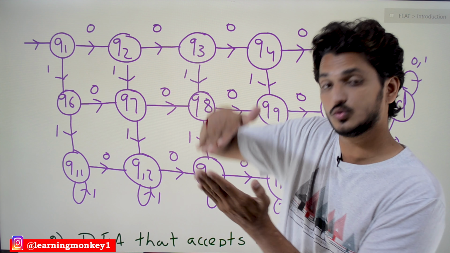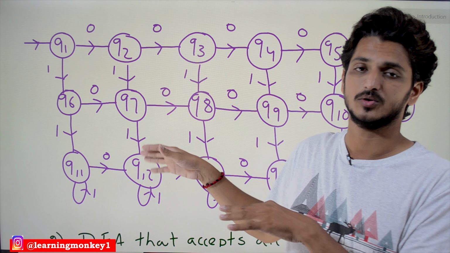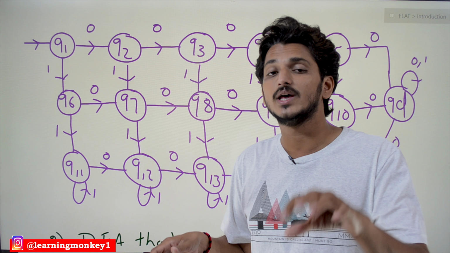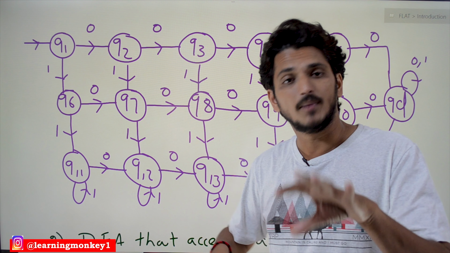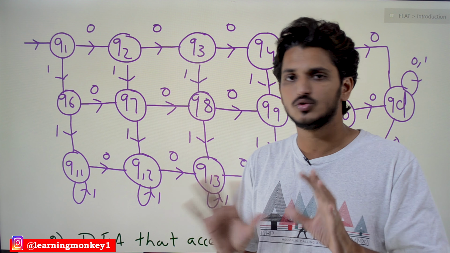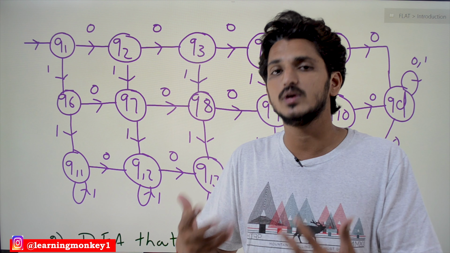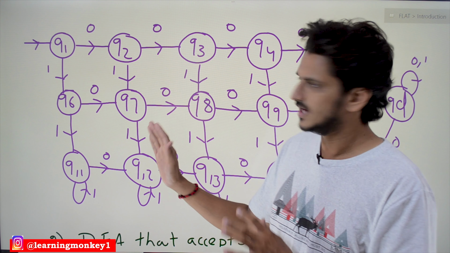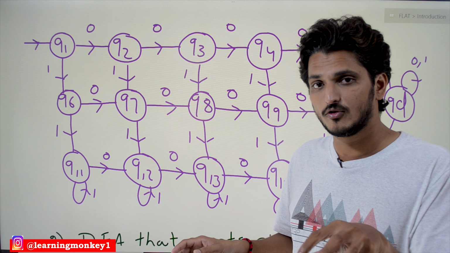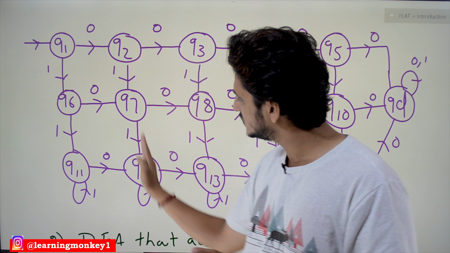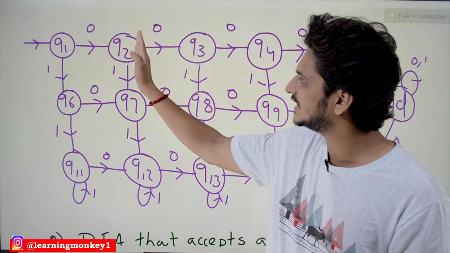That's why we are taking a two-dimensional, layered approach. For understanding purposes, we are explaining it like a layered approach, but usually DFAs don't have any layers, so don't think that we will have layers. At Q1, you may find 0 in the beginning, or at the end. You can find 4 zeros at the end, or 4 zeros at the beginning; we don't know where we find them. So the logic here is, whenever you find a 0, we will end up in this layer. That is how the logic is designed.